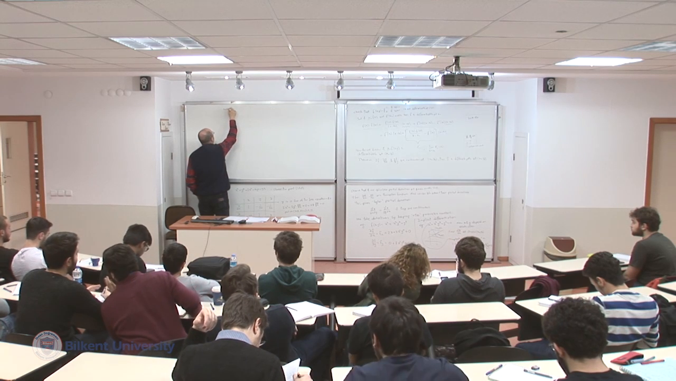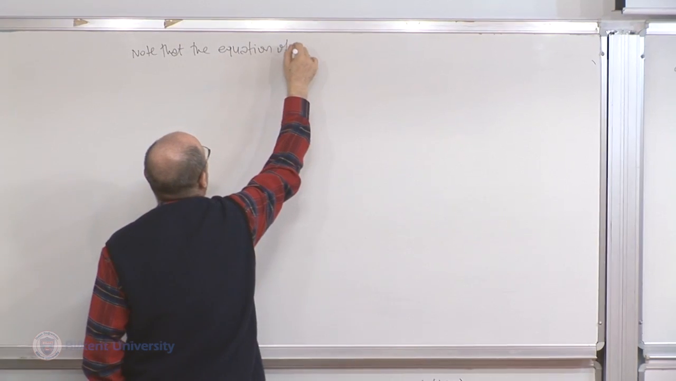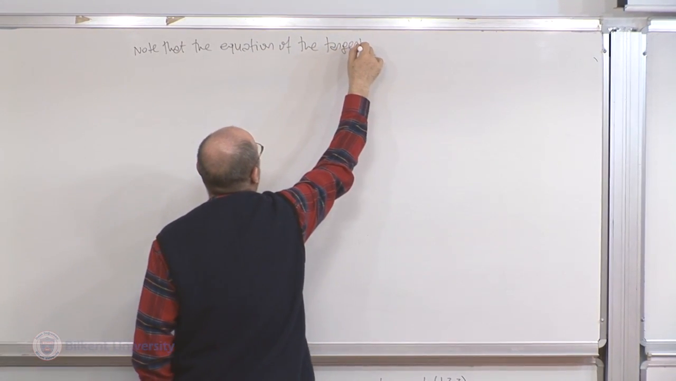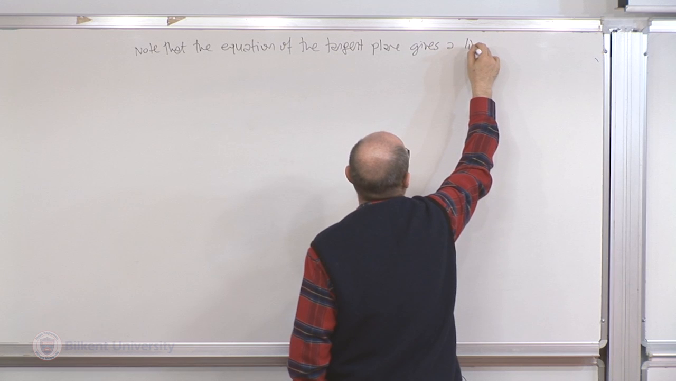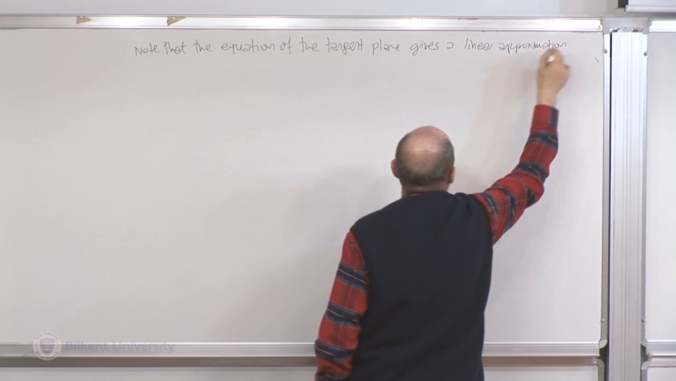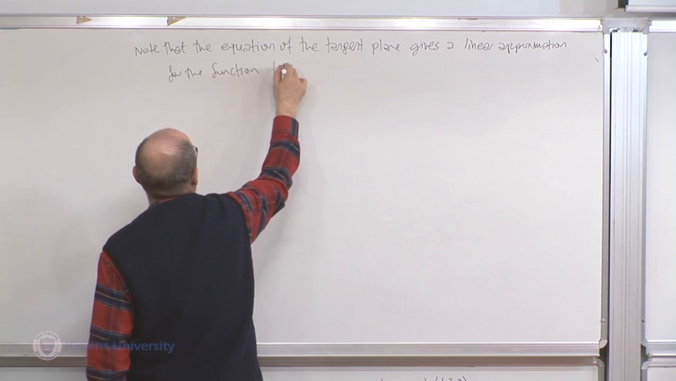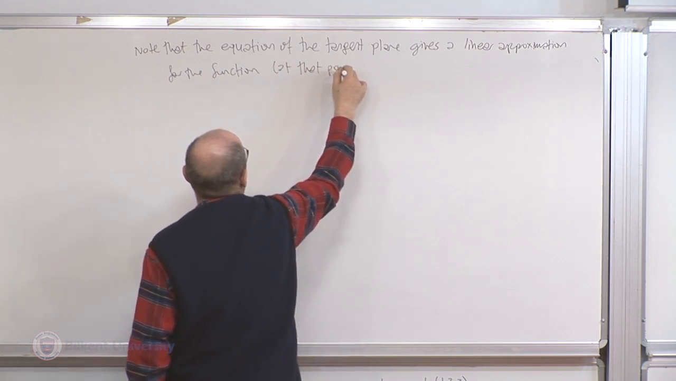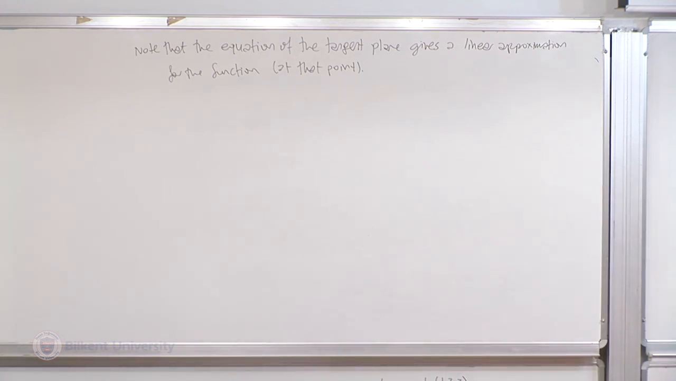Note that the equation of the tangent plane gives a linear approximation for the function at that point. So when we talk about linearization of the function at this point, we mean the equation of the tangent line, tangent plane, or whatever dimension you are in,